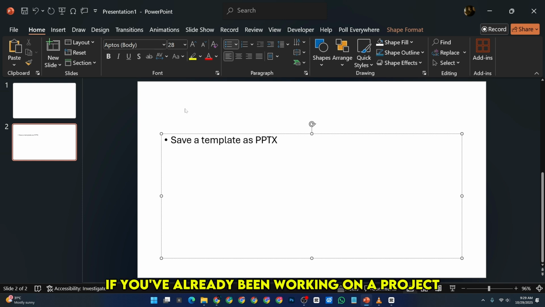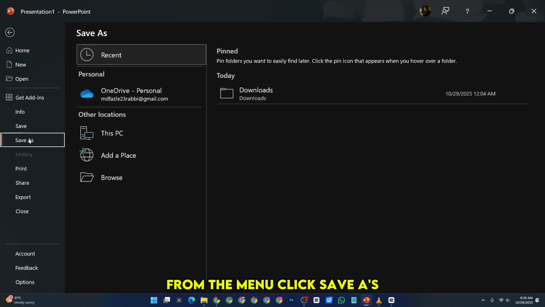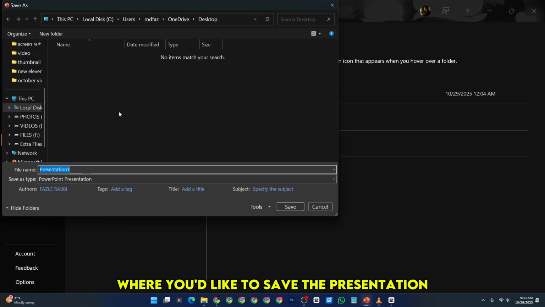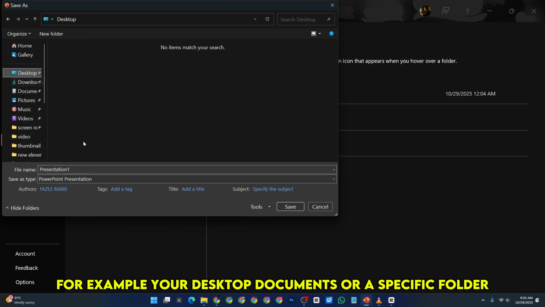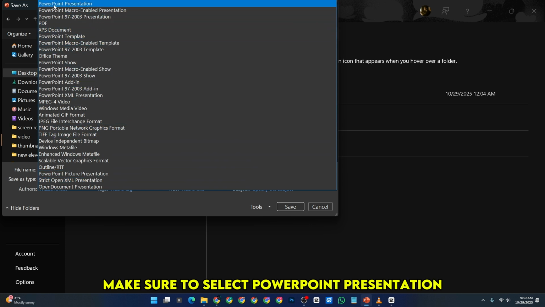If you've already been working on a project, just go to the File tab located at the top left corner of your screen. From the menu, click Save As. Now, choose the location on your computer where you'd like to save the presentation, for example, your desktop, documents, or a specific folder. Next, in the Save As type drop-down menu, make sure to select PowerPoint Presentation